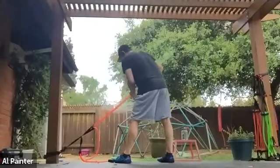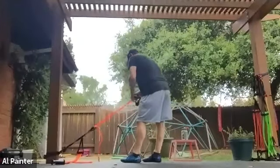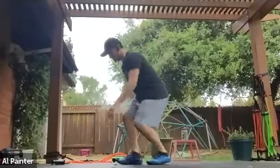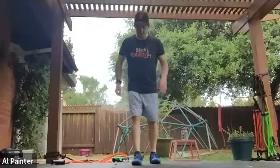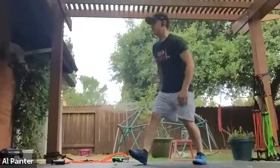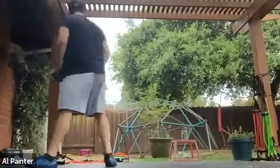All righty, so the body weight equivalent of that exercise is the same split stance position, up and down. If you want to challenge yourself a little bit more, you can pick up your left foot and do a single leg squat, okay? So we got split stance squats, left and right for the first one. We then have,